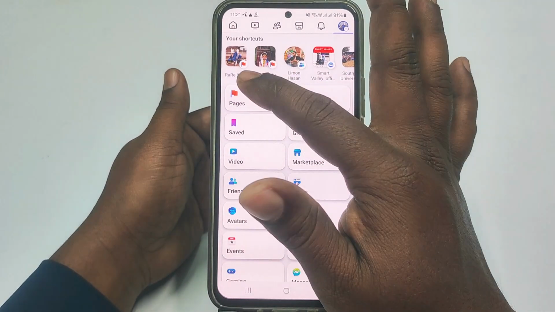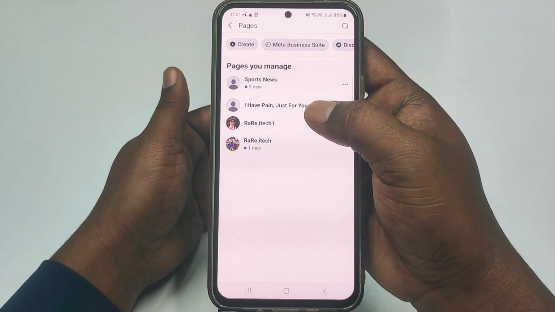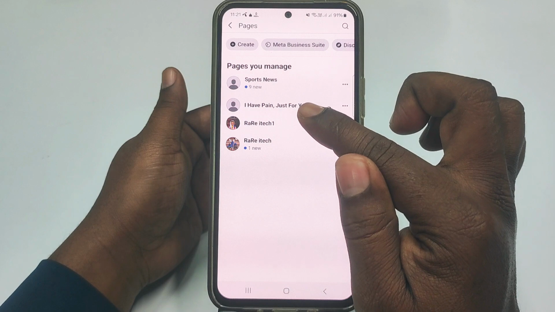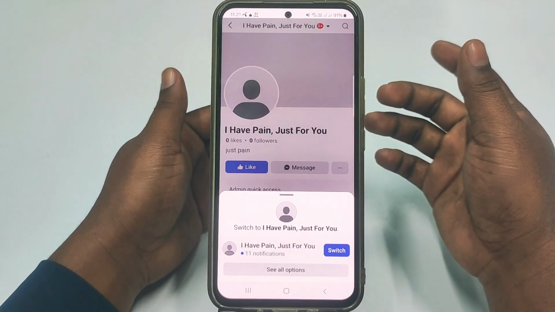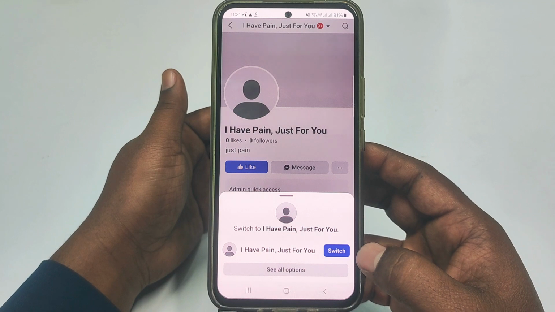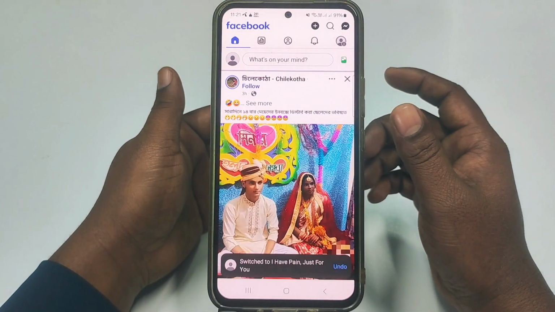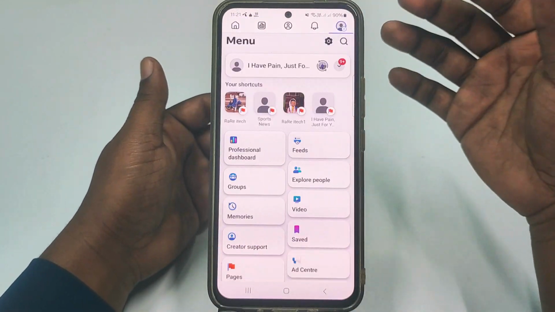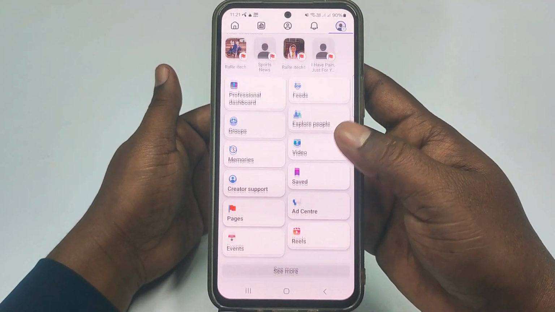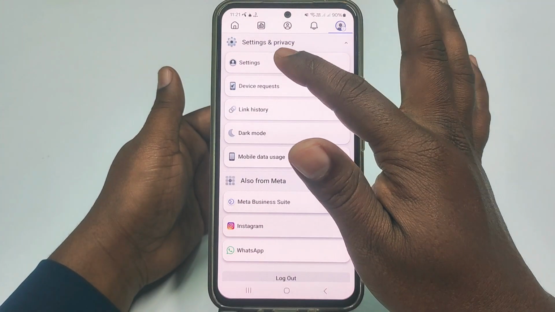Okay, so let me click on that option, which is page, and I want to delete this sample page, which I have made just for you. So let me click on it and you can see there is switch option. So you need to click here switch option, and after that again click here your profile icon, I mean that page profile, then scroll down, then you need to click here settings and privacy, then settings option,